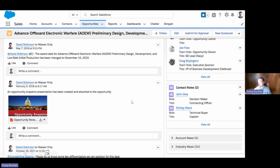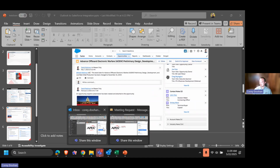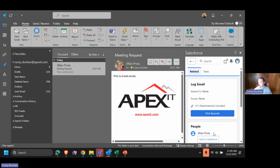And then on the Salesforce side, when you log into your org, you'll be able to see the activities marked or emails marked, just like you would in that side panel pane view as well. So I had asked earlier, I had asked the host, Jillian, to send me a test email, which she did. And it came into my inbox, and you can see the side panel here. And she is not listed